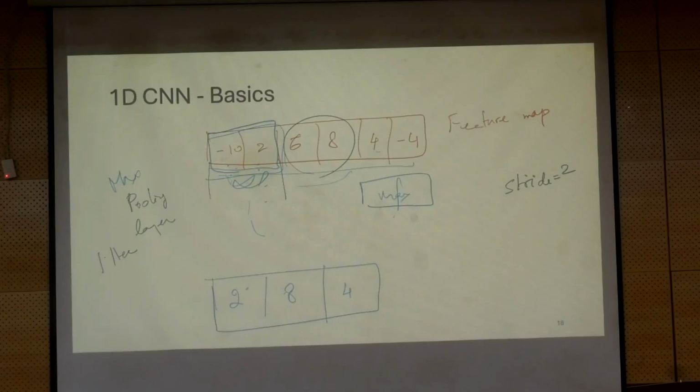Yeah, so the feature map vector length will be reduced. That is the purpose of the pooling layer actually. Feature map length will be reduced. Okay, so this is very important. The whole purpose of introducing a pooling layer is to reduce.